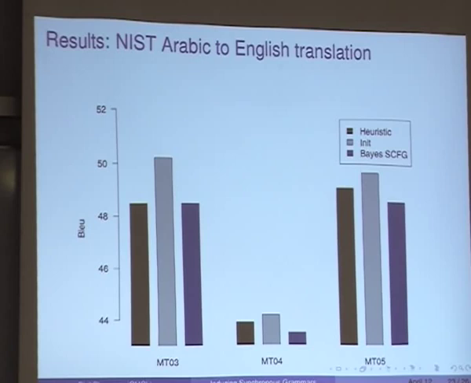When we look at the Arabic data, it doesn't help. In fact, it's a negative most of the time. And this is a bit of a theme with Arabic-English translation. If you've followed the research, switching from phrase-based models to synchronous grammar-based models often hurts performance when working with Arabic. In this case, our model is often worse than the baseline. In particular, the initializer does extremely well. So this is a bit of an interesting phenomenon that we still have to understand.